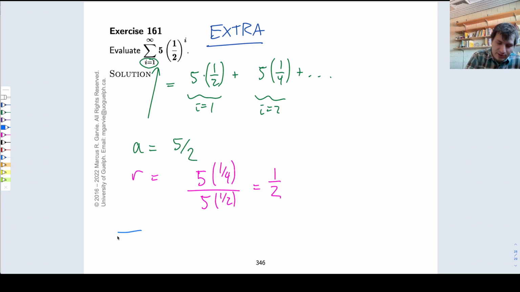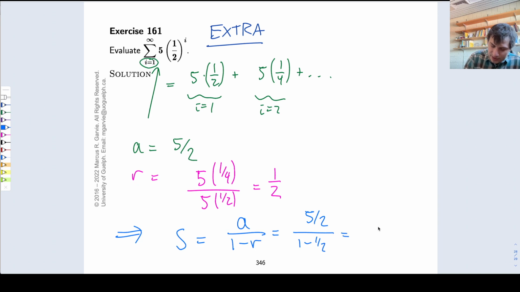By the infinite sum formula, the sum is equal to a divided by 1 minus r. In this case, it's 5/2 divided by 1 minus 1/2, also known as 5/2 divided by 1/2, also known as 5. Which, okay, maybe it's not so surprising in retrospect that the answer would be 5, because another way to do